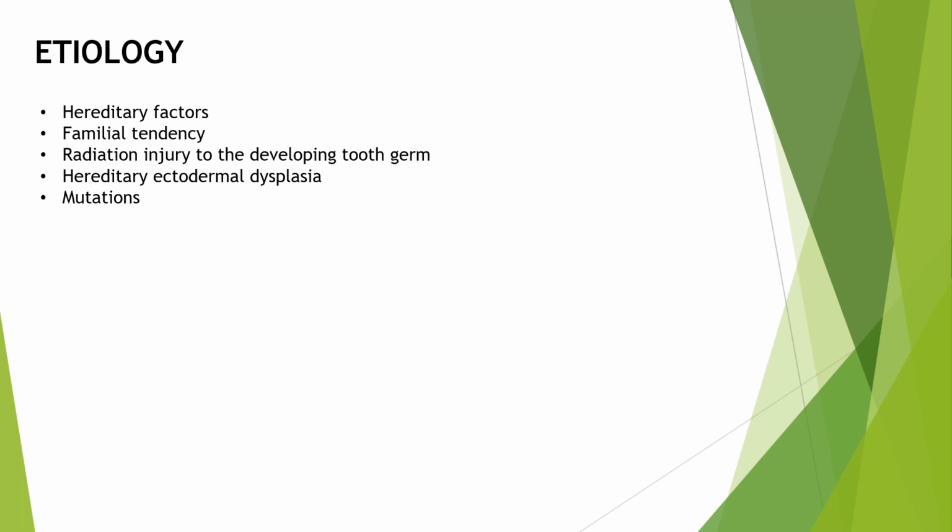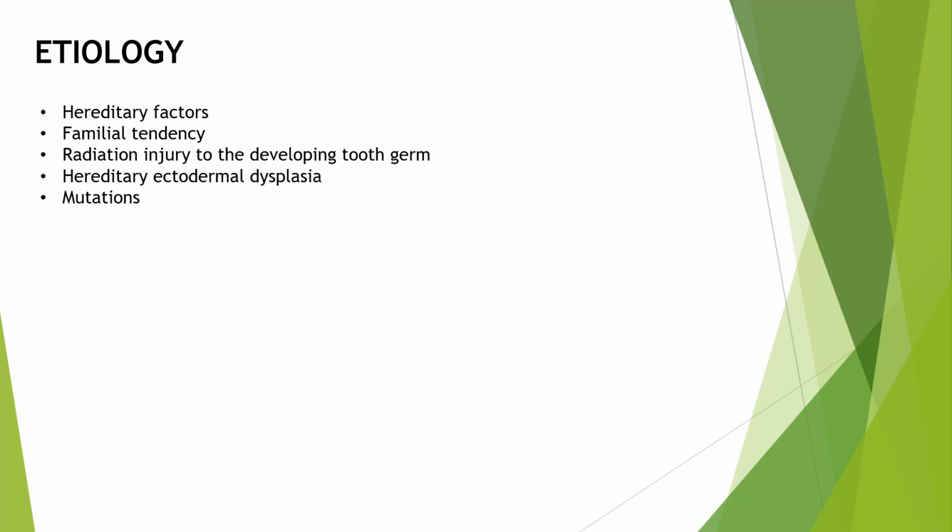Etiology. It can be due to hereditary factors, familial tendency, radiation injury to the developing tooth germ, hereditary ectodermal dysplasia, and mutations. So, the causes for anodontia are hereditary factors, familial tendency, radiation injury to the developing tooth germ, hereditary